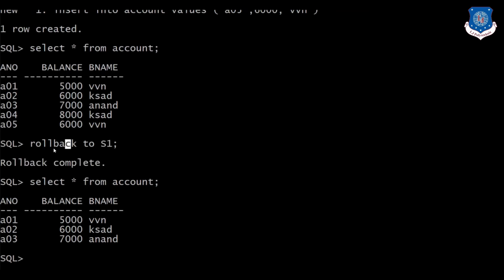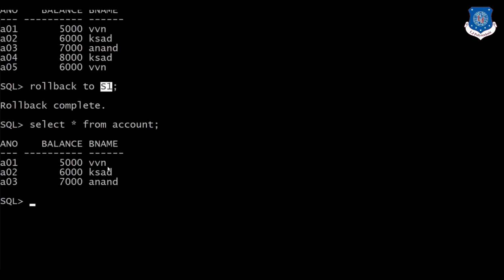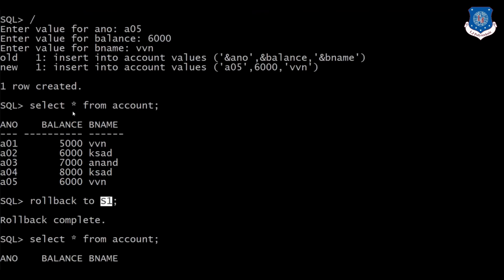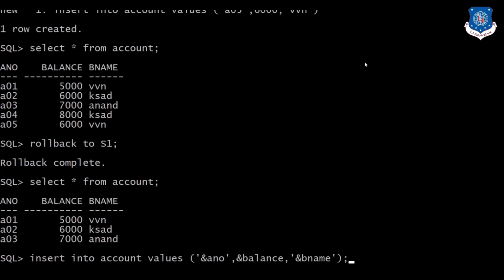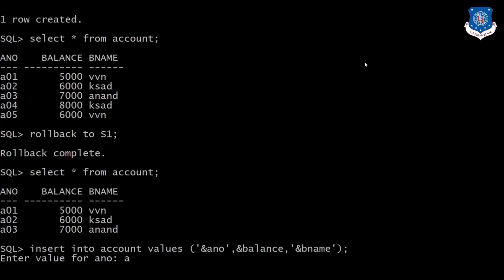Now if you have not specified a save point name, then it will roll back the entire transaction until the last commit occurred. So in case you want to save changes permanently into the database that you are making here, you need to specify commit.